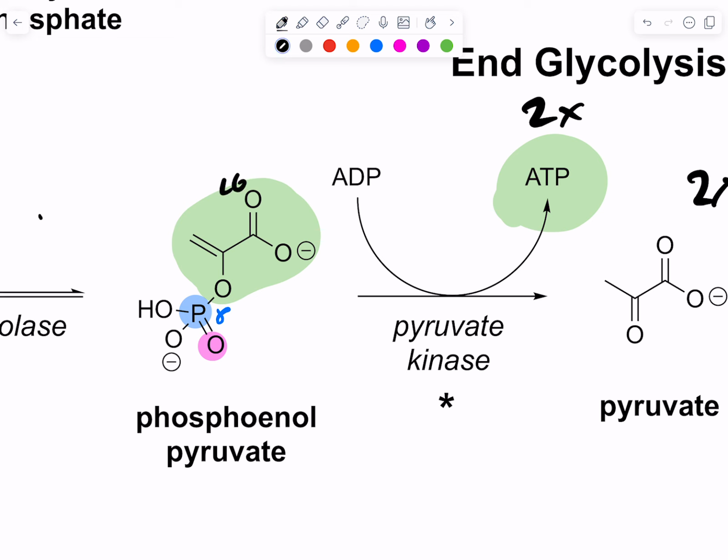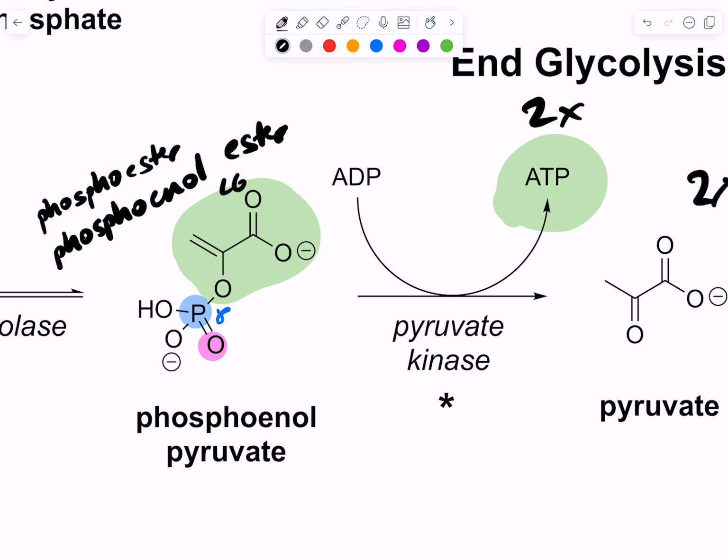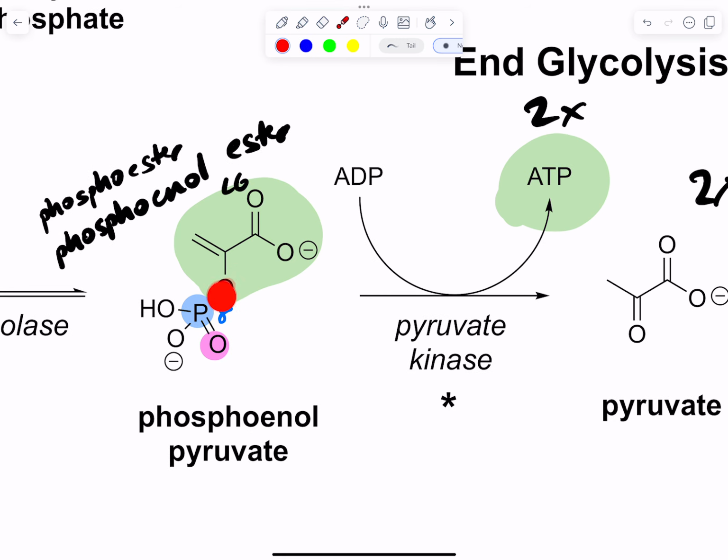The functional group here is a phosphoester, but it's more of a phosphoenol ester, meaning the alcohol that is attached to the phosphorus is not a typical alcohol, it's an enol. And that's important